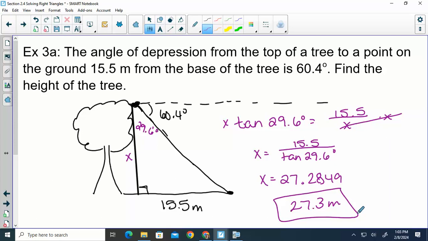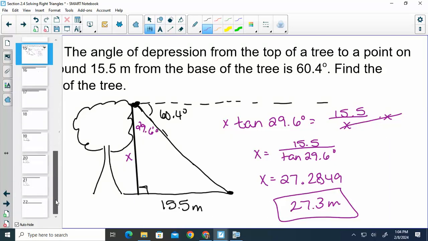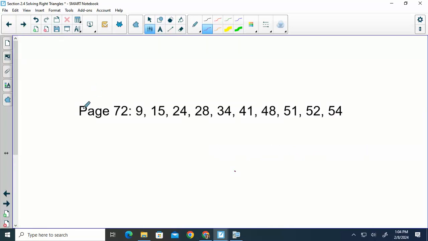Let's go ahead and stop there. Tomorrow I have no new content, but a few more examples. So we'll do another elevation depression example or two, and one just looking at a picture and solving for some missing sides. So I'm going to go ahead and give you the homework. This is the homework for today and tomorrow. So I taught you how to do all of it. Technically you can do it all, but it will not be due until Monday. When it's written out on the board, it seems like there's so